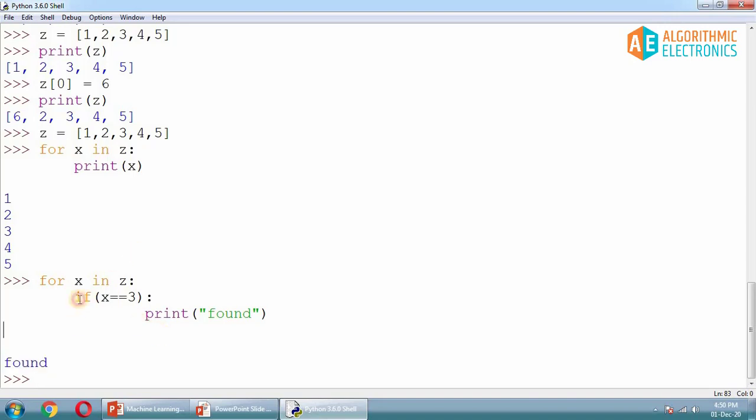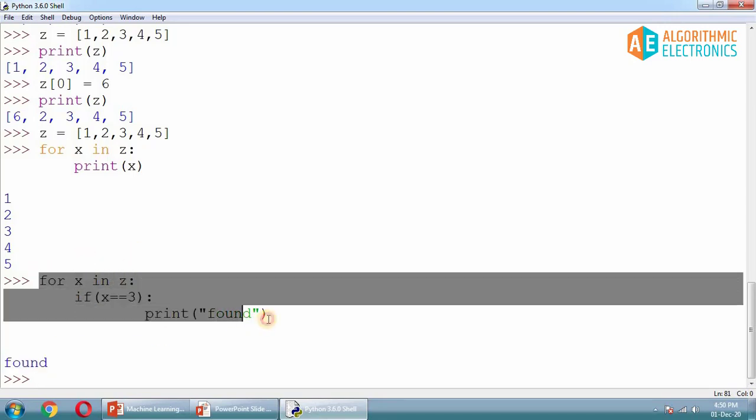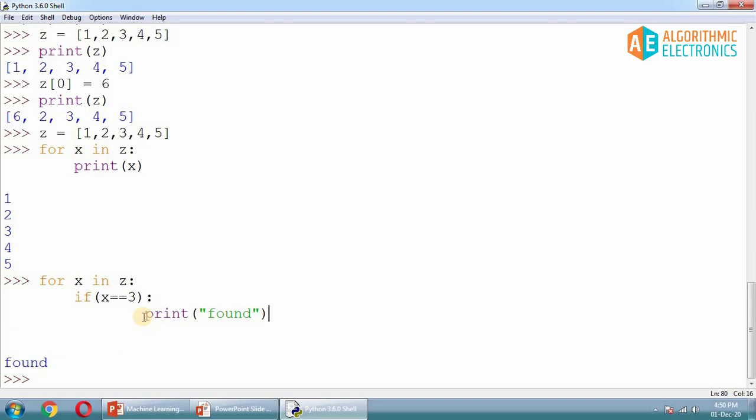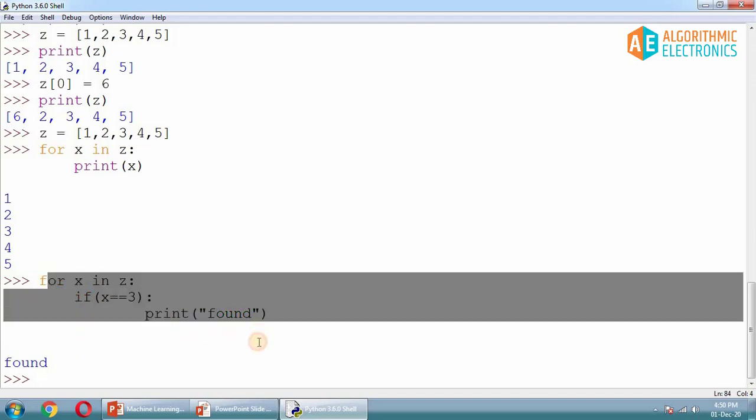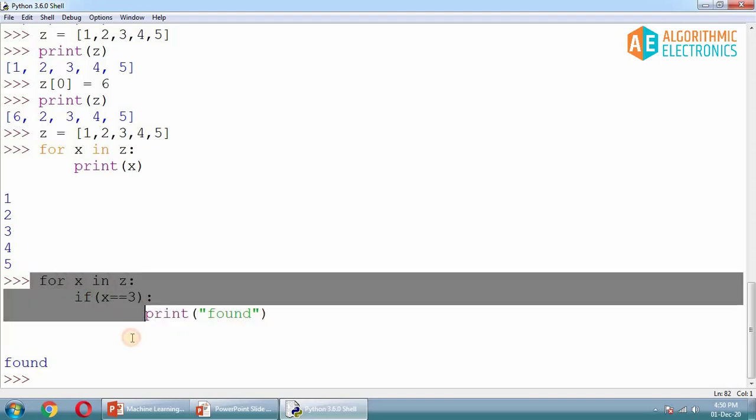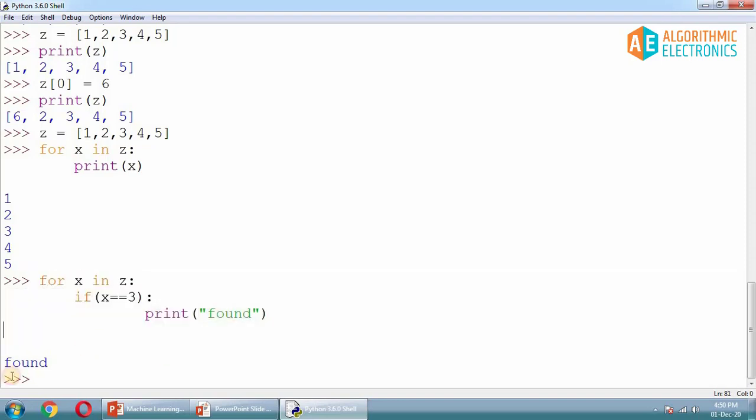In other programming languages like C, you will have to do these things, and of course the for loop will be much more complicated than this. But as this is Python, you need not worry about it. You can simply check with a single line, and this is very simple. It will show a true or false kind of result.